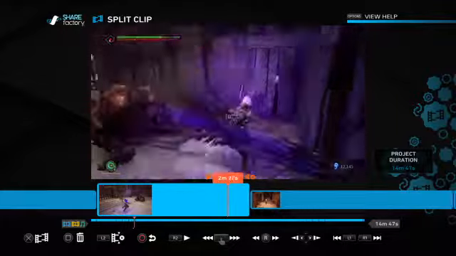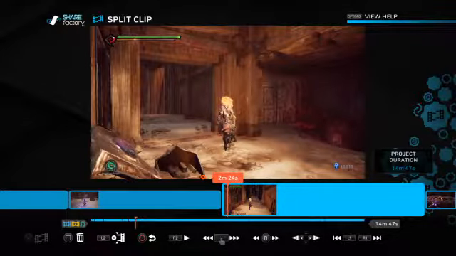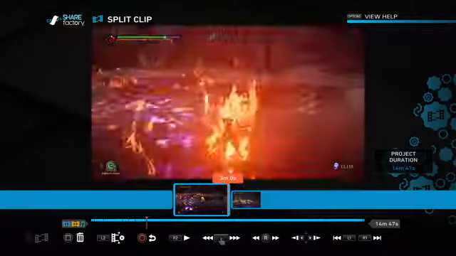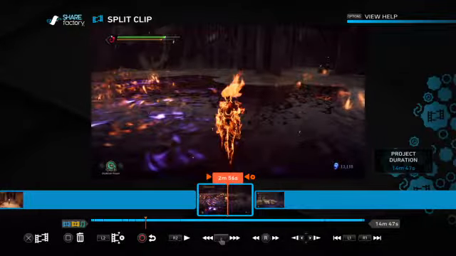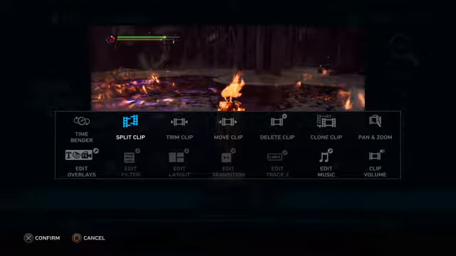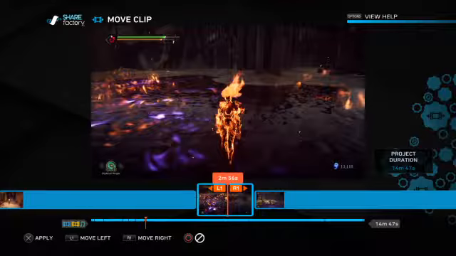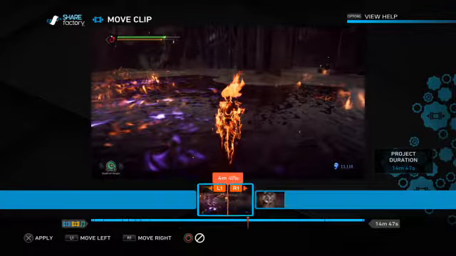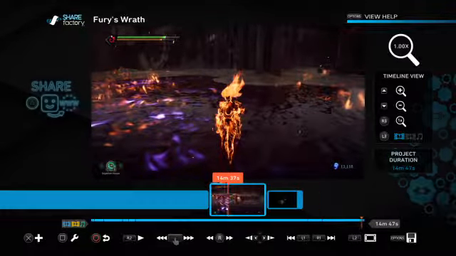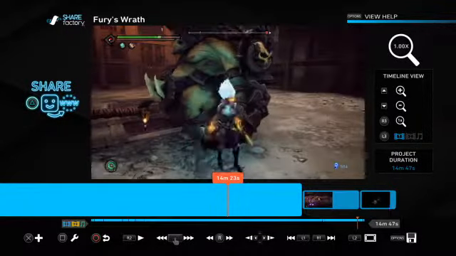So at this point, this is where you're going to make the order for your content. You do your file trimmings, and then decide on what order the clips are going to be in. What I know automatically is I want this clip, and I'm going to show you a new feature here called Move Clip. When you select this, it allows you to move your clip backwards and forwards along the timeline of your video. I want this at the end, so after I get done whooping this Chosen's ass,